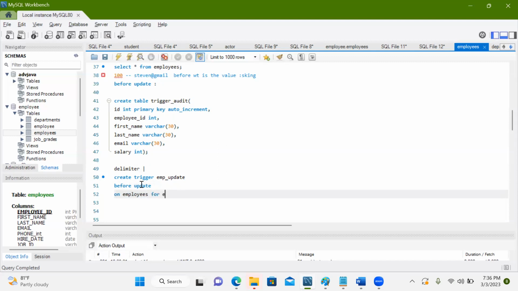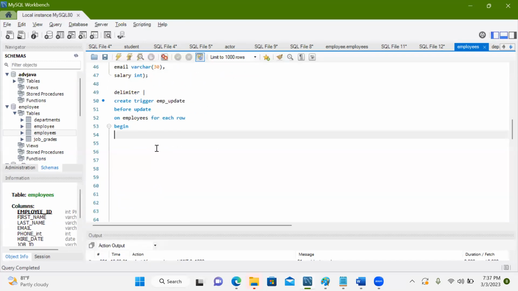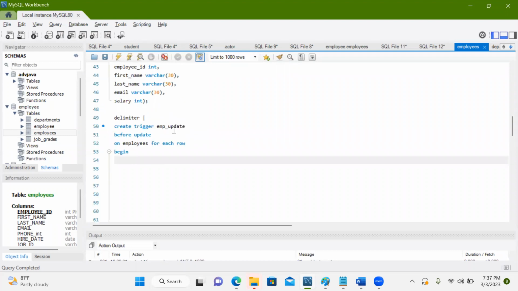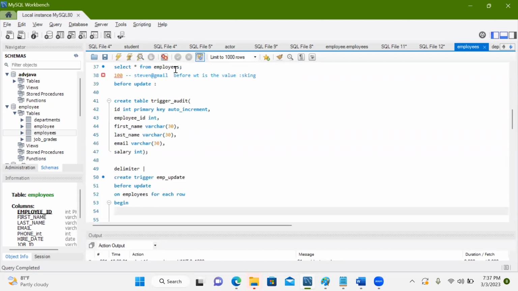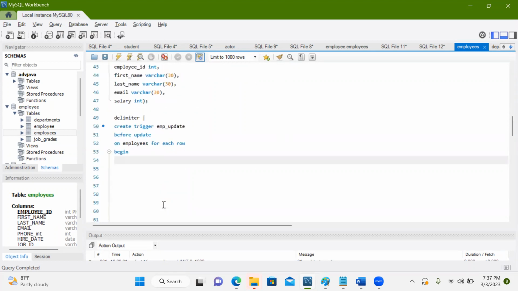For each row. So you have to write, based on the syntax, for each row begin. So we have to write it here. What we have to write here? When something is happening in that employees table, the previous data should be inserted into this employee update table. So here we have to write insert into